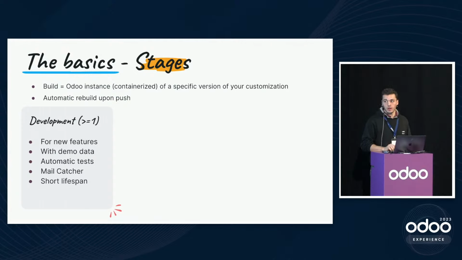As I talked about earlier, a really important part is the automatic test, which is done automatically when you make some change. The goal of these branches is to have a short lifespan, because you basically only use them to see if the development is working, and okay, the development is ready,